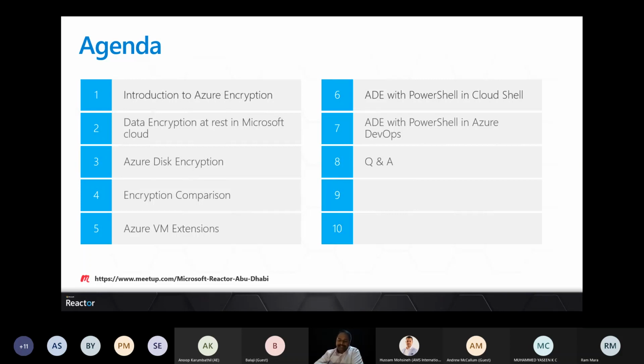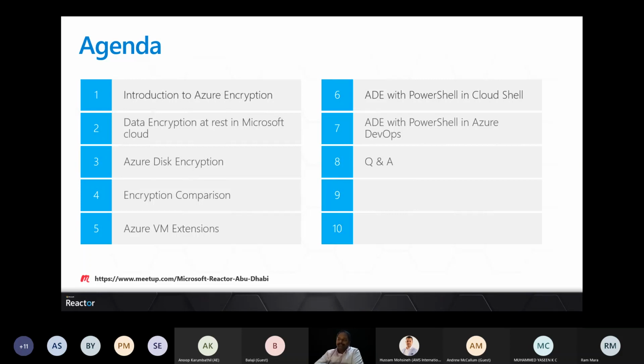Then we'll cover other encryptions available in Azure and compare what is what and what kind of encryption each provides for us. And then we'll talk a little about Azure Virtual Machine extensions, where we will be doing the disk encryption using an extension. So I will talk a little about extensions.